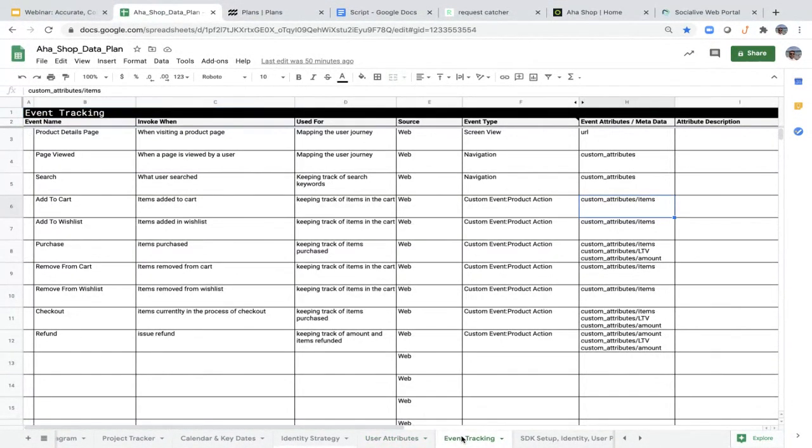Next up is event tracking. Event tracking is where you would want to understand what are the individual events that I really care about as a marketer. So pages viewed, search, add to cart, add to wish list, purchase, remove from cart. So these are all the things that trigger different experiences, and you want to understand individual attributes of items within those events